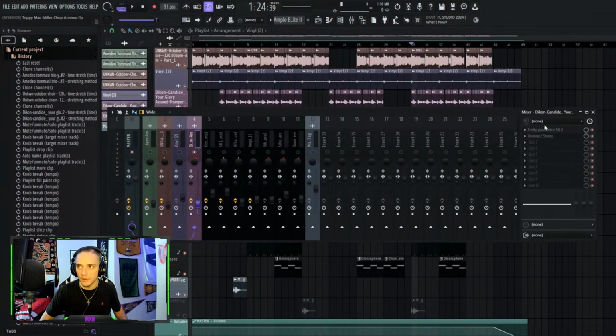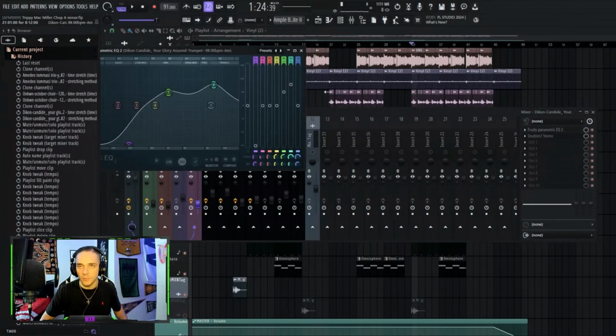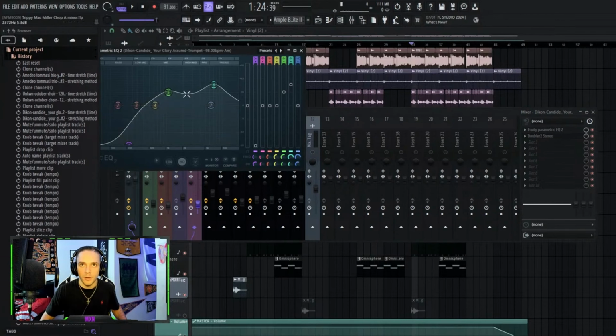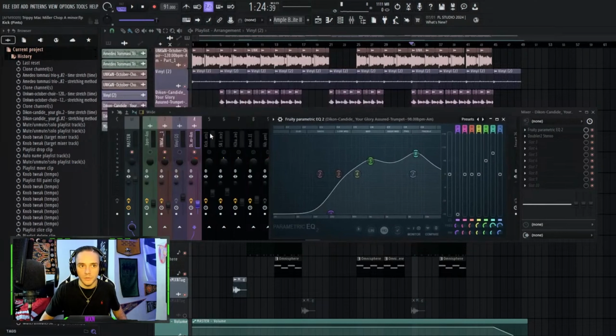And then I went to this. This is the trumpet. And what I did with this was a little bit different. I also want to notify you that I did a little bit of panning here. It says 46%, but 9% to the left, and then 24% to the right for the trumpet and the vocals because I felt like they were at a similar frequency range. So I upped the mids, took out some of the low end, and then upped the highs to make the trumpet sound good. It was already an older sounding sample, so I didn't really need to do a whole lot with it